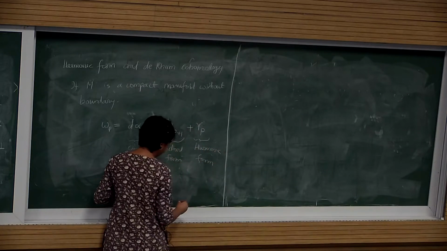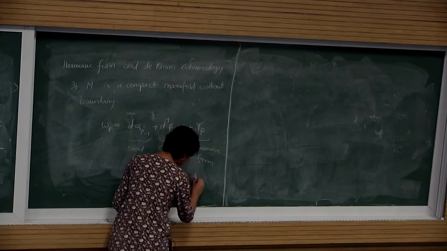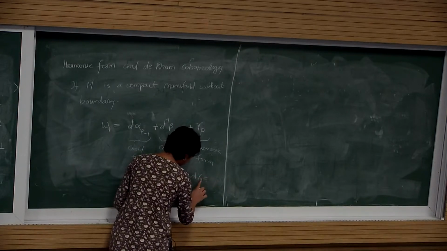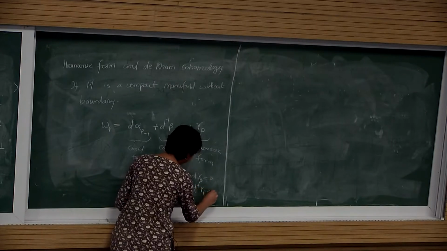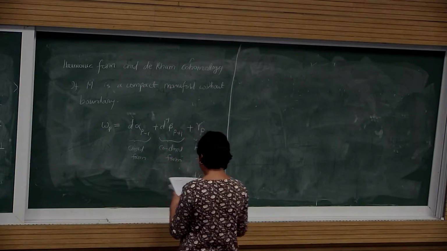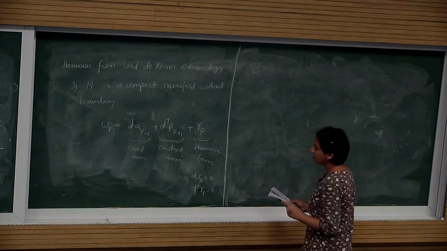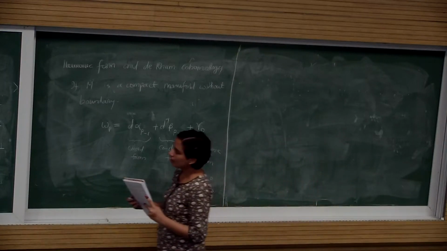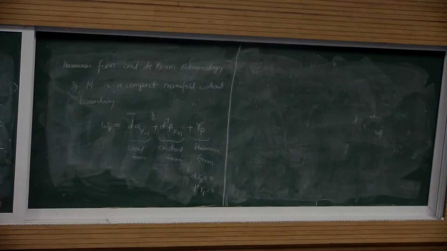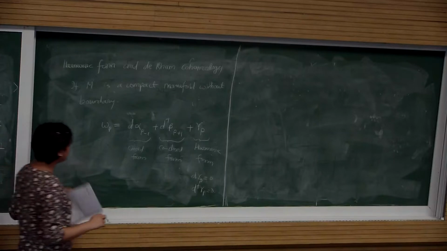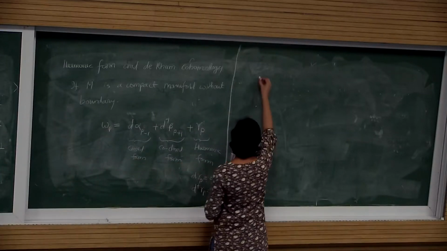And just to remind, harmonic forms satisfy this condition that d of them and d dagger of them are 0. Okay. So the cohomology are a set of such p-forms which are closed. So if we take d of omega p to be 0,